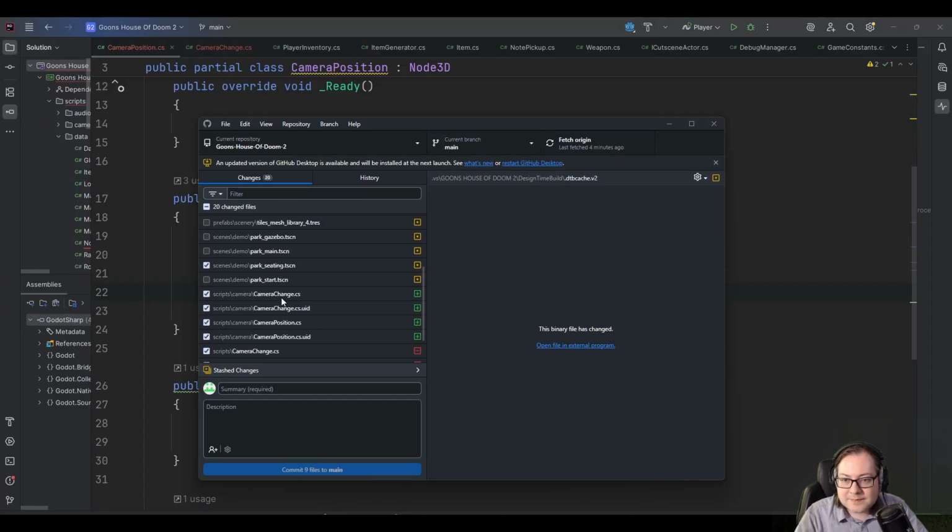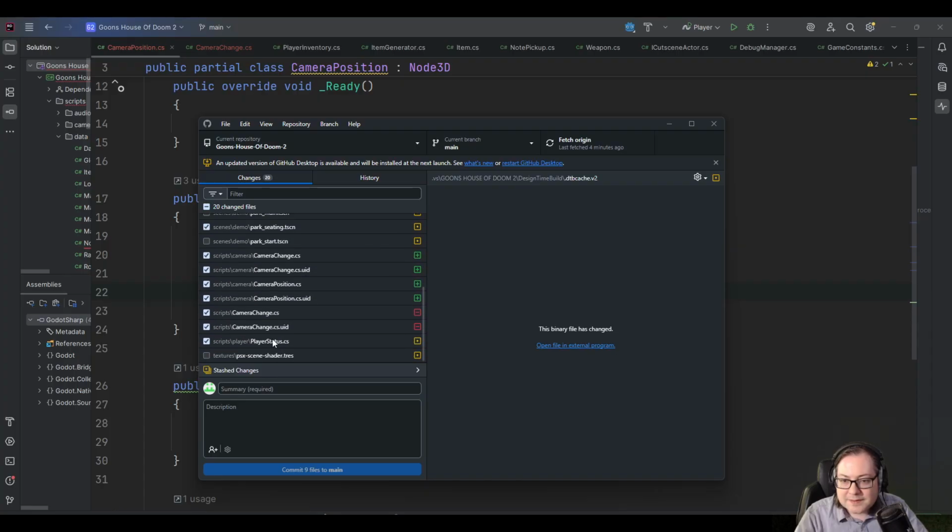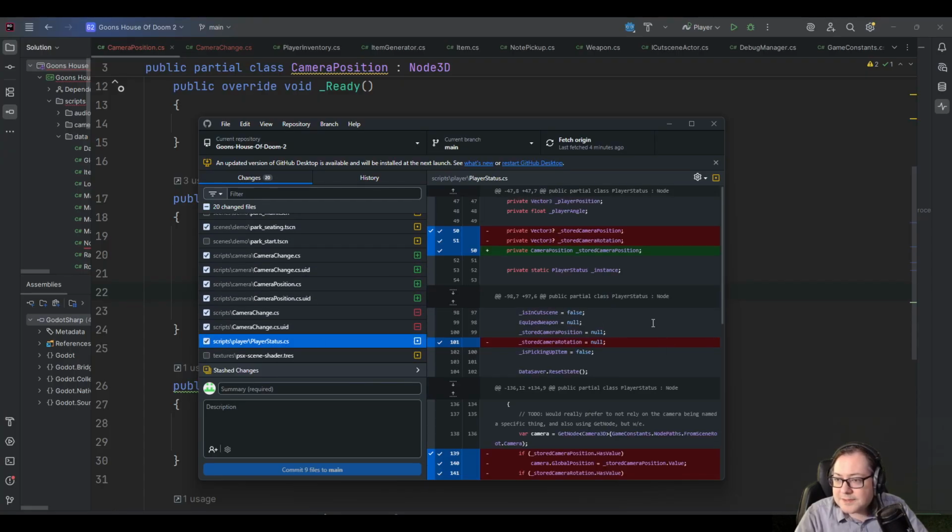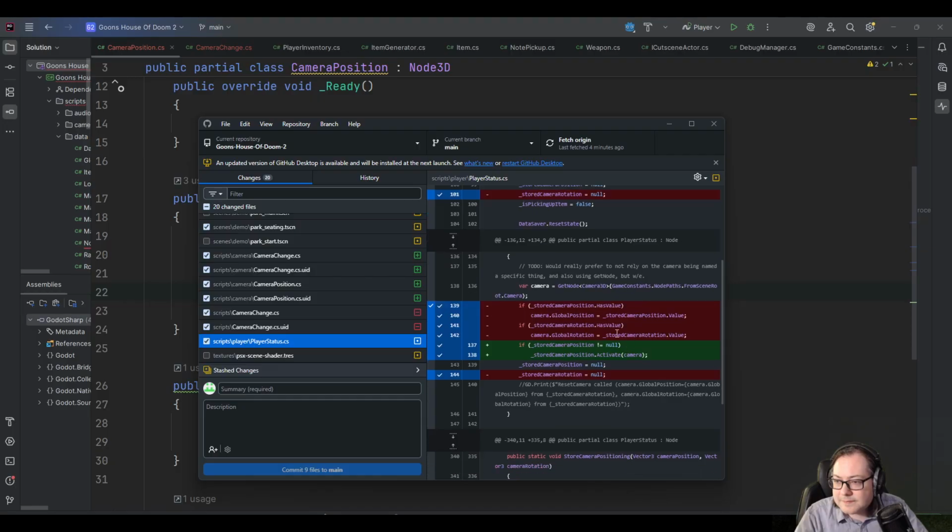GitHub. I wanted to check something really quick. Player status. Okay, yeah, so it's just doing the same thing of setting position and rotation. And this is going to complicate some things. So the one thing,